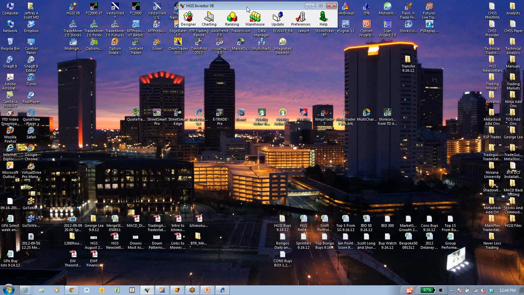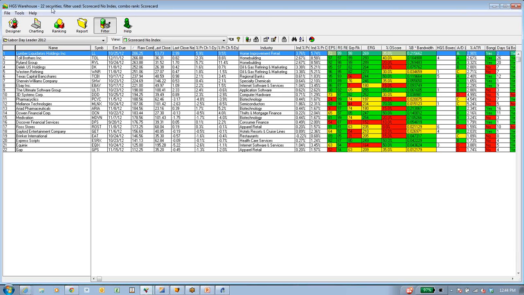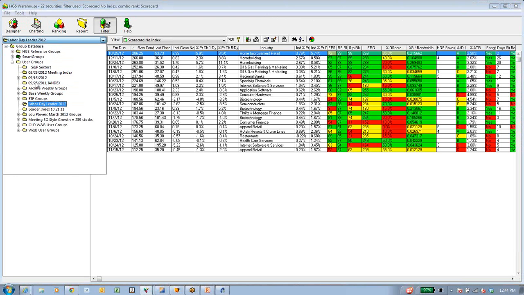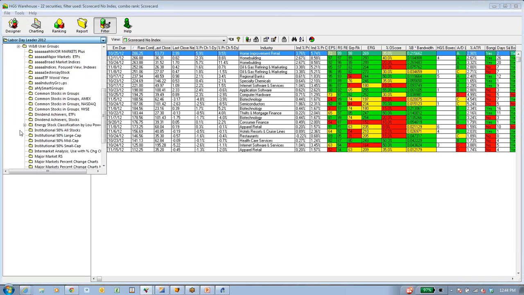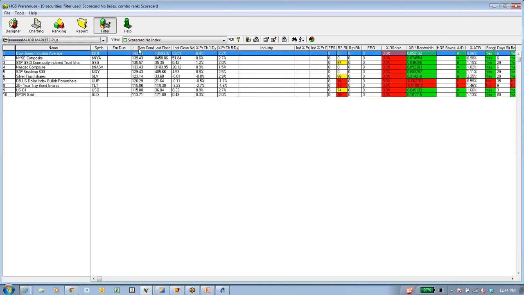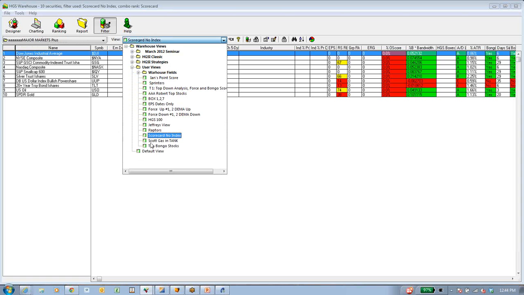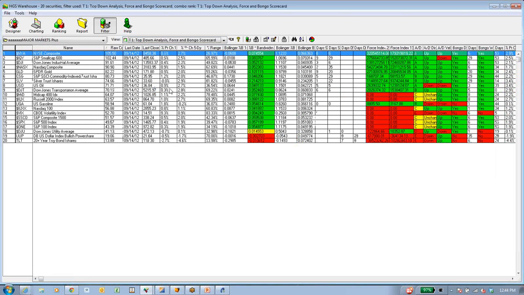Let's start to look at the week of where we're going. So, as we've talked about many times, I'm into top-down investing. So I'm going to go into my warehouse view. I am going to now look at Woodward & Brown user groups. For those that are HGSI users, I have not put on the last add-ons that came out this morning. I'll be doing that later today, which for those that are not users, it's just clicking a couple buttons, but I didn't want to tie up my computer right now.